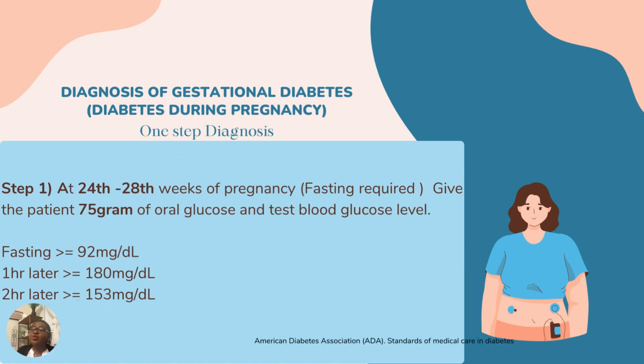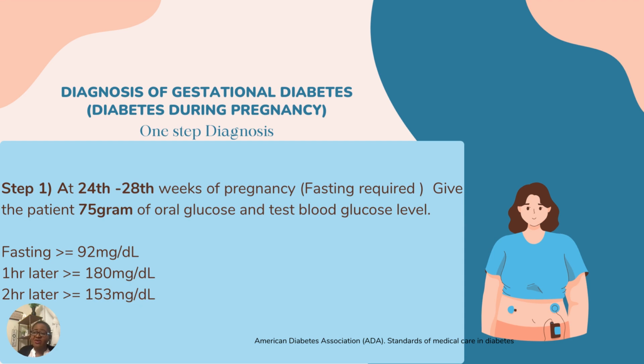Now, let's talk about the one-step method. In this one-step method, the woman also needs to be fasting. Fasting is required. And it can be done when the woman is between 24 to 28 weeks of pregnancy. She comes into the clinic, she comes to the hospital. We check her fasting blood glucose level before we give her anything to drink. If it is greater than or equal to 92 milligram per deciliter,